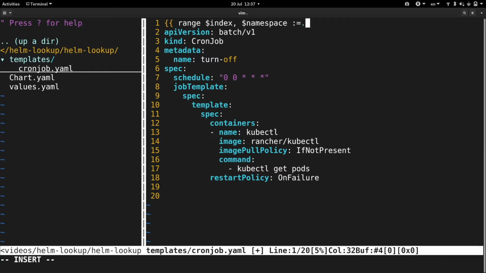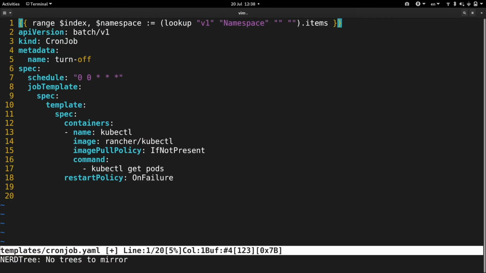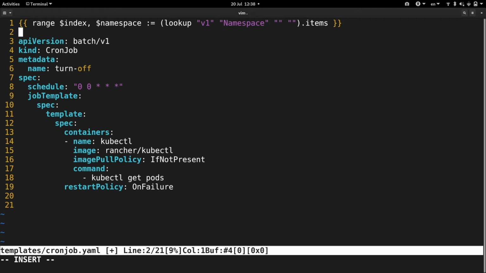To fetch all the namespaces, we need to use v1, resource type namespace, and leave two other fields empty. Now we can loop through each namespace with the help of the range function. Lookup function doesn't let us narrow down the search via labels, so we have to check the labels of the namespace inside the loop. Namespace variable will contain every field of the namespace, and we can access each of them by using the regular dot notation. I am adding an if statement that checks the presence of mkdevme/park label.